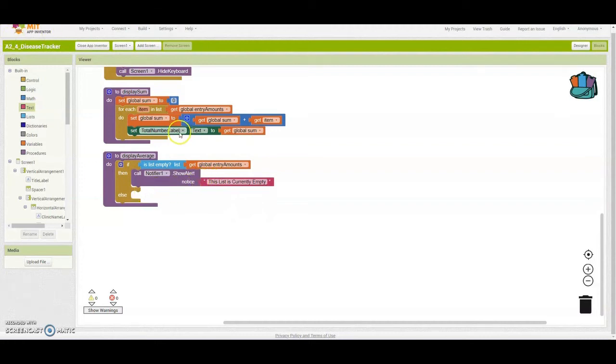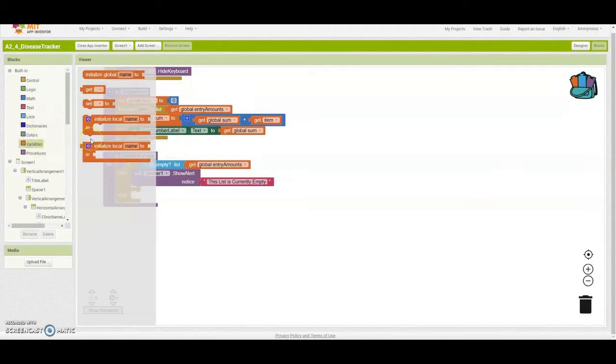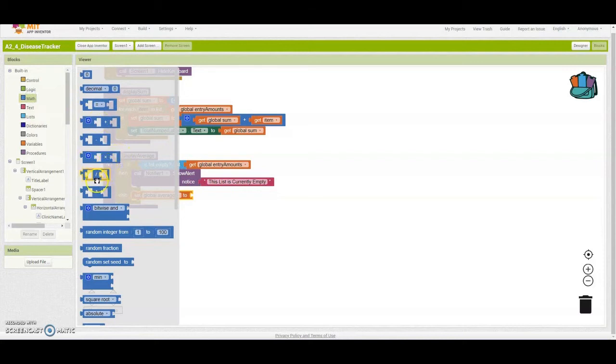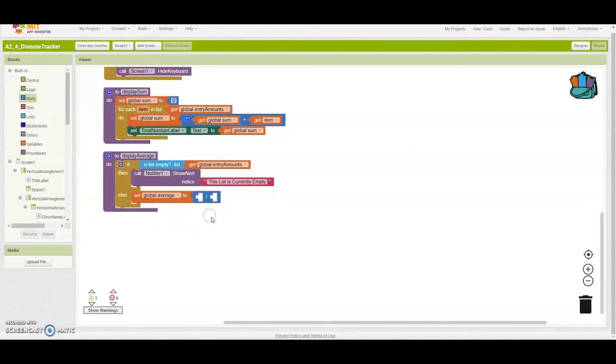And our average is really no different than finding the sum. We still have to do pretty much the same thing, except a different operation. So the first thing we need to do is set our global average. So let's grab our set block. We can grab our global average. And from here, we need to do a little division problem. So going back into our math, we can find that division block, and we're going to get our sum. So we need to have that global sum. We'll take whatever the global sum is, and we need to divide that by the length of the list